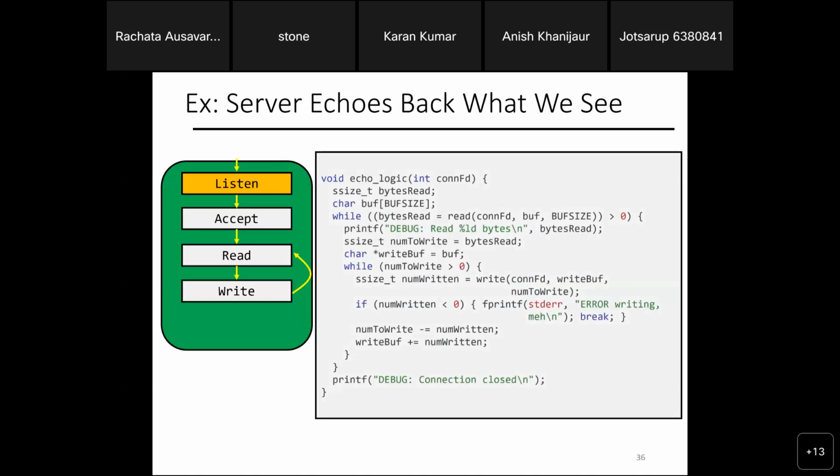Basically, I have connection, which is a file descriptor. The key here is that everything looks like a file. I use the function read. It's UNIX I/O. Remember UNIX I/O from the other lecture on Tuesday. I read from connection FD, reading the content into the buffer with buff size. I can configure buff size to be any number. I read this many bytes from the file descriptor. Once I read it, if it's greater than 0, it means I'm reading something, that I start to read something from the client.